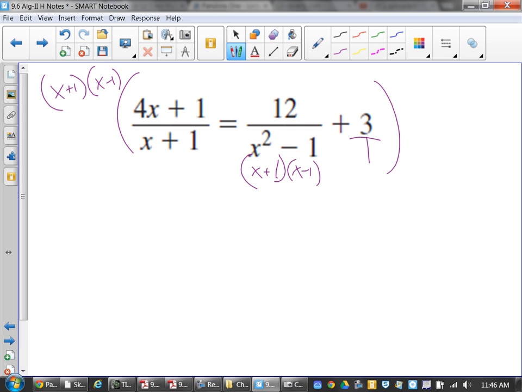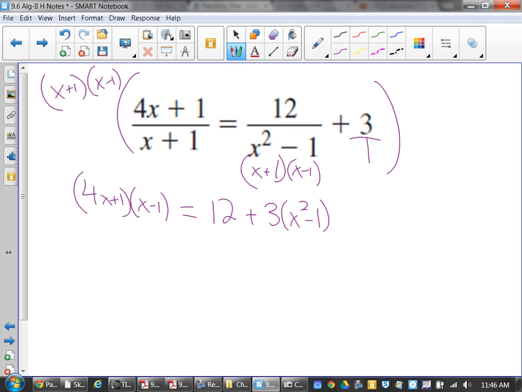No, I wouldn't do that, because if you do that, you're going to have to wind up simplifying something out later on. You're looking for the least common, the fewest that they have in common. It's always cleaner that way. So the first fraction, what was it missing? The x minus 1. So you wind up with 4 times x plus 1, x minus 1, equals 12 plus 3,